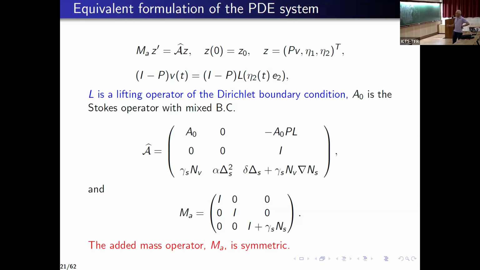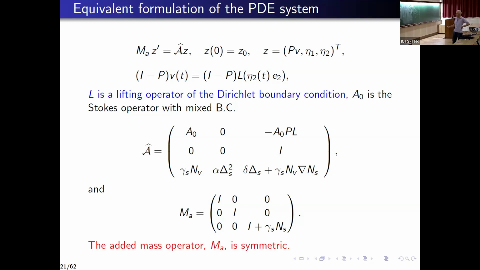Okay, this is the equation for the structure. So this corresponds to eta 1. What I write is that eta 2 will be the time derivative of eta 1. This is the equation for eta 2. So this is the main part. This is the damping term. And this is the remaining part, which depends on the other term for the pressure.